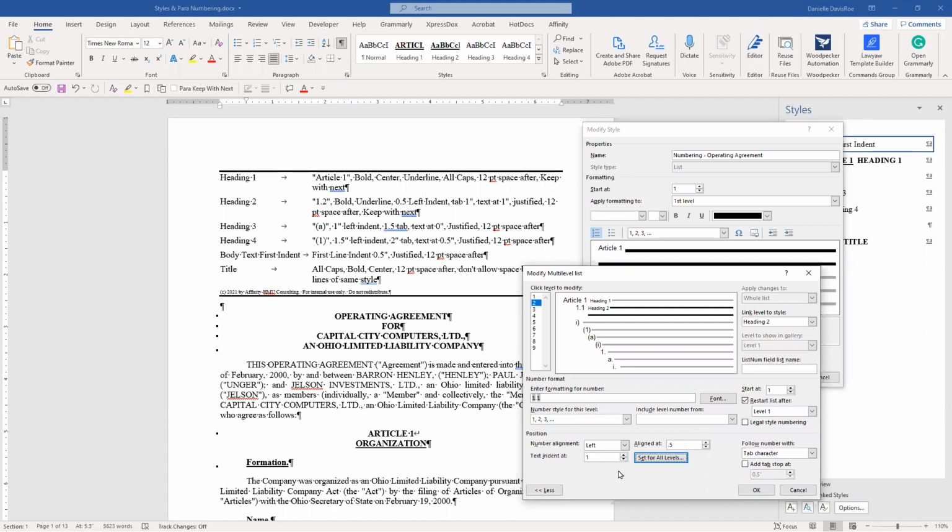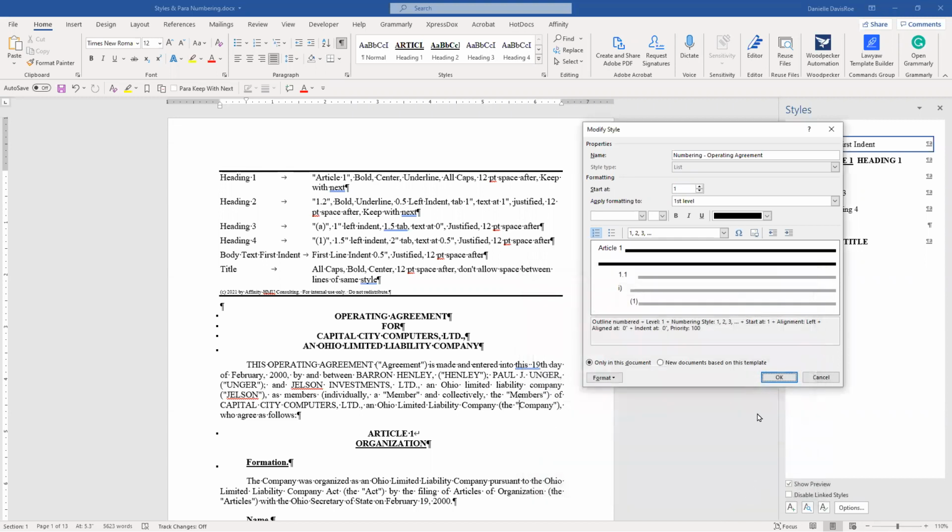And this is set up differently than the paragraph settings, which makes it confusing. I'm not going to lie to you about that. It is different. I don't know why Microsoft did it that way. I have no explanation for you, but just a heads up, it's a little bit backwards from how we set up our paragraph. Then we're going to follow the number with a tab character so that after the 1.1, I always get a tab. I'm going to show you what this looks like, and then we'll come in and do 3 and 4. So I'm going to click OK, and then